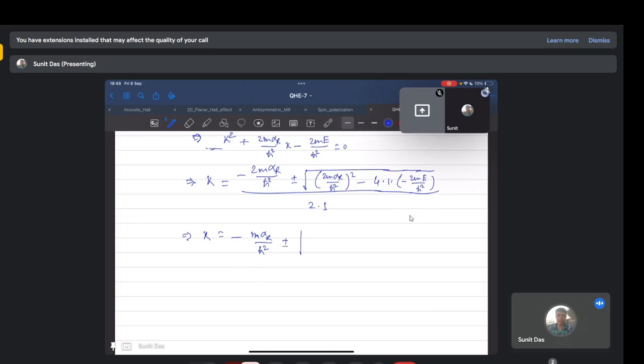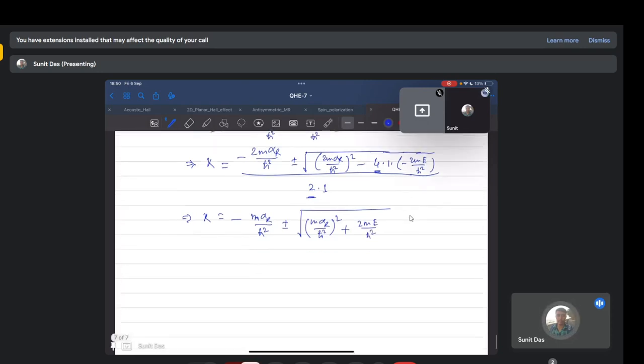Plus minus of, so this 2 square I take common and take out of the root, which will be again 2, and this will cancel out with these two, and again we are left with m alpha R by h bar square whole square minus, again I take out this 4, we're left with 2mE by h bar square. So these are the two possible roots